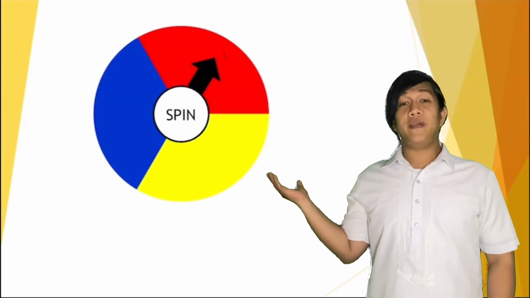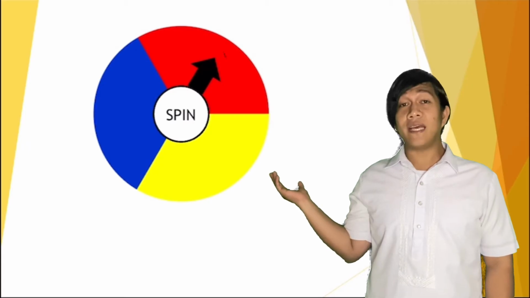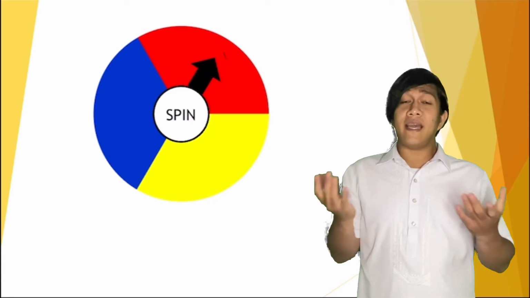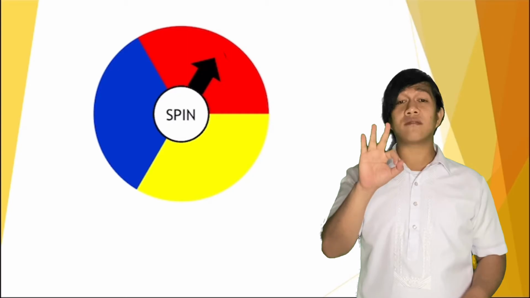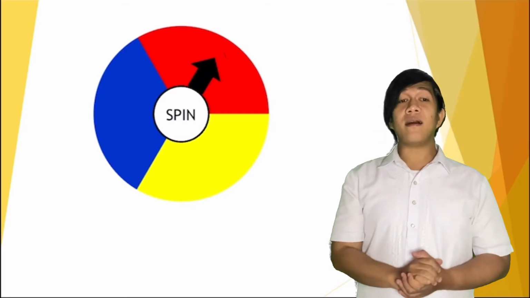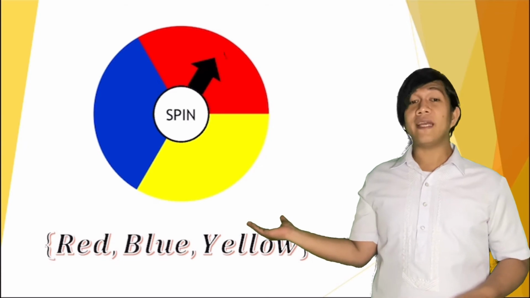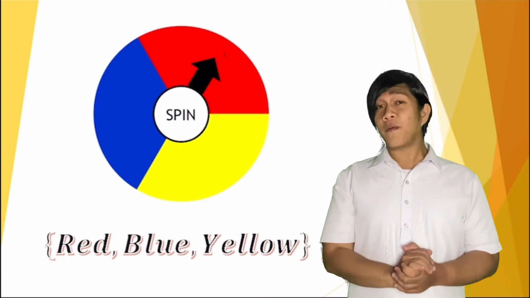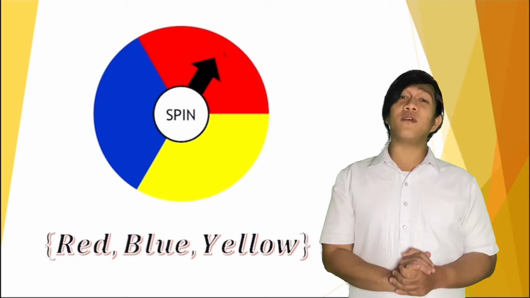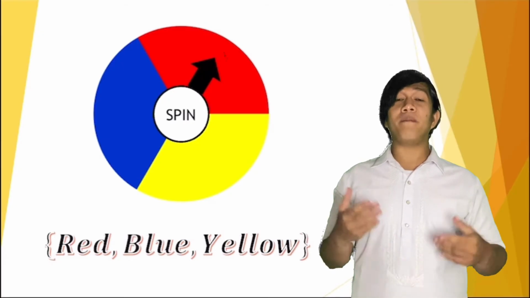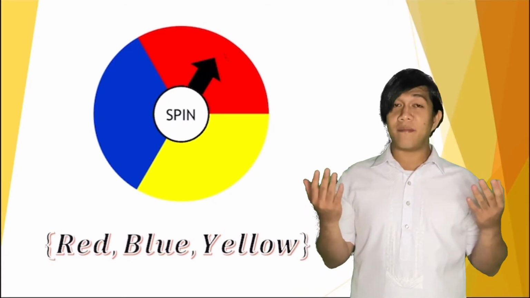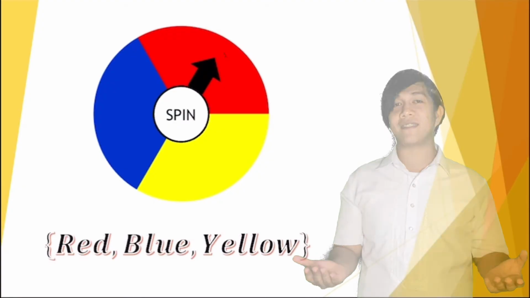In spinning a wheel, the results of getting a red, a blue, or a yellow are the 3 possible outcomes. Hence, the sample space of the experiment is the set red, blue, and yellow. Let us solve more problems in determining the possible outcomes in the experiment for better understanding. Here are some examples of experiments. For our first experiment,